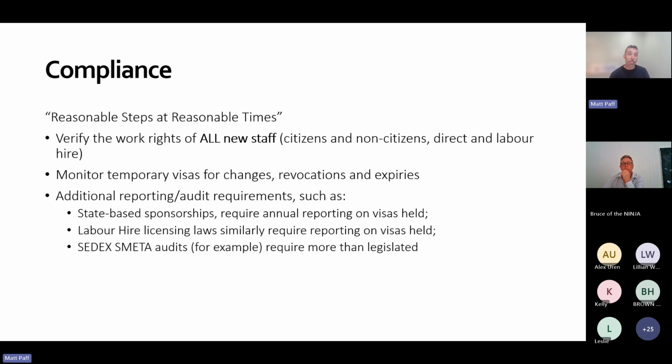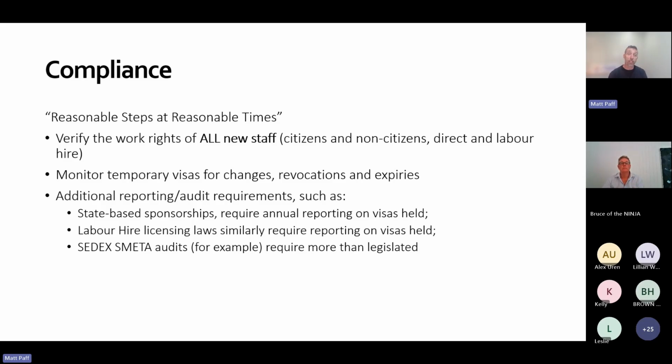But ultimately, something that's come up a bit recently is that right to work applies to everyone. How do you know if someone's an Australian citizen? Well, they're supposed to prove it, and the citizenship process is built into the vSure platform as much as the visa checking process. Ultimately, there are additional compliance steps that our clients need to take.